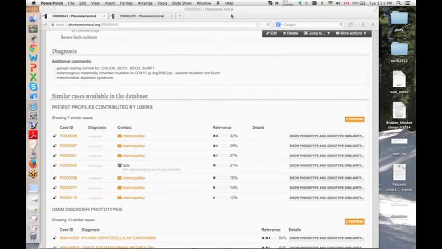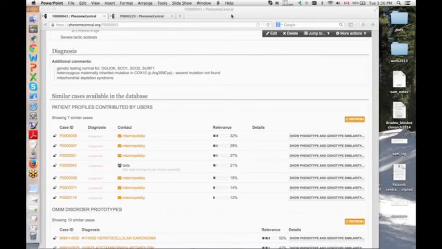So what we have done with Phenome Central is we ask that the clinician has received consent from the patient to upload the data to Phenome Central. Obviously, the form in which this consent takes place is going to be variable across different countries and institutions. In some places, just a permission from the patient may be considered sufficient, while in other countries written consent is needed. We really leave this with the submitter of the data.